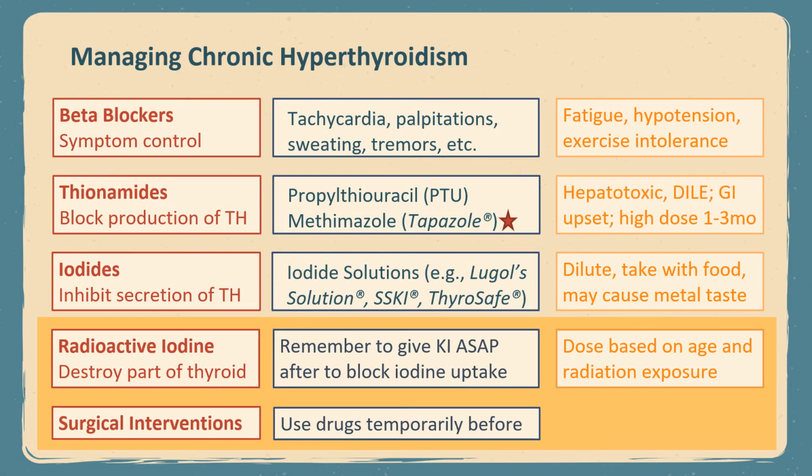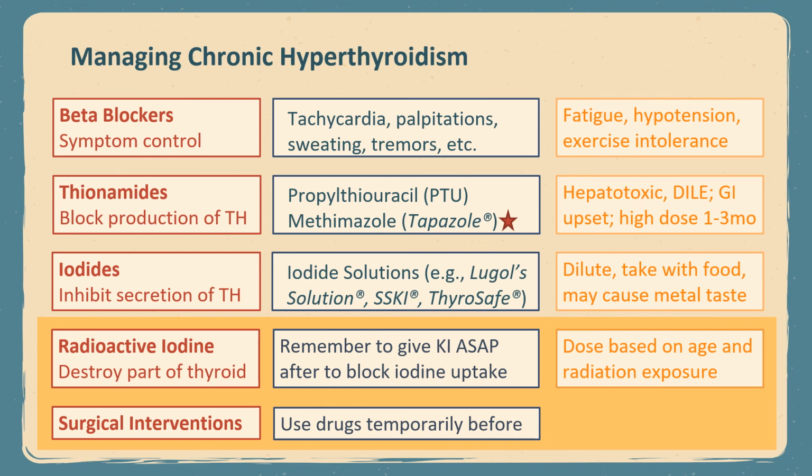There are 2 other treatments for chronic hyperthyroidism. The first one is radioactive iodine. This destroys part of the thyroid. The role of the pharmacist here is to remember to let patients know that they need to take their potassium iodide as soon as possible after the procedure to block the iodine uptake, which will prevent those nasty side effects from the iodine. The dose of the potassium iodide and the radioactive iodine is based on age and radiation exposure, and there are calculators online specifically from the CDC that you can use to dose those